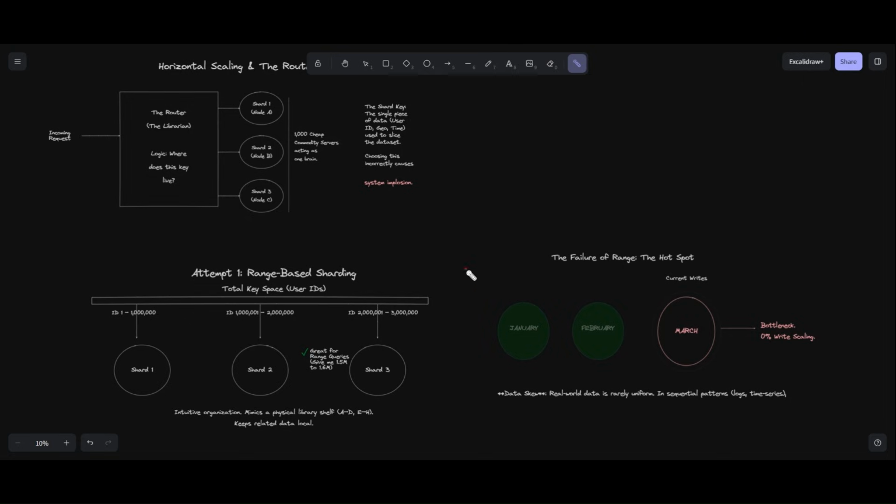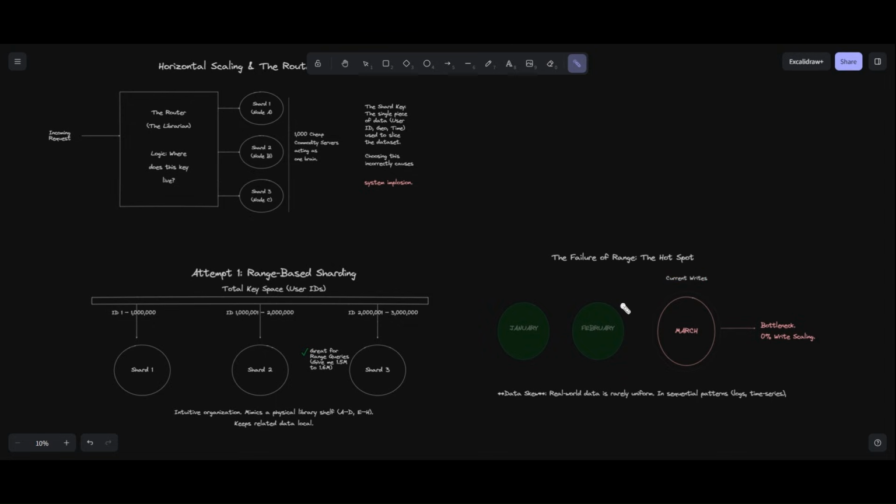How many names start with S? Smith, Stevenson, Shakespeare? Tons. How many names start with X or Z? Very few. Shelf 1 is going to be overflowing. Books will be piling up on the floor. Shelf 2 is going to be half empty. In a database, this is called data skew, and it leads to hotspots.